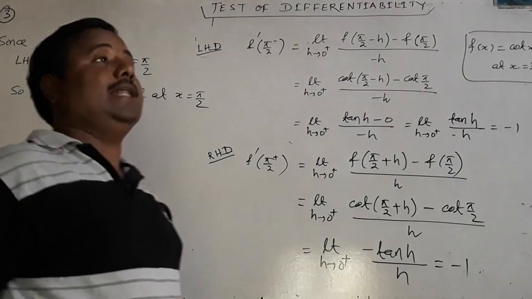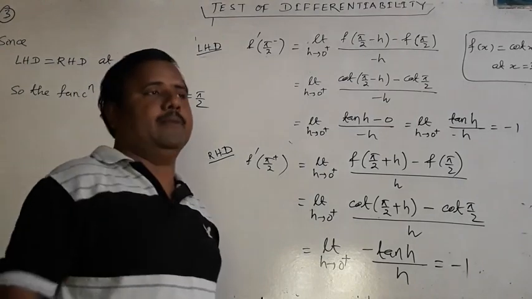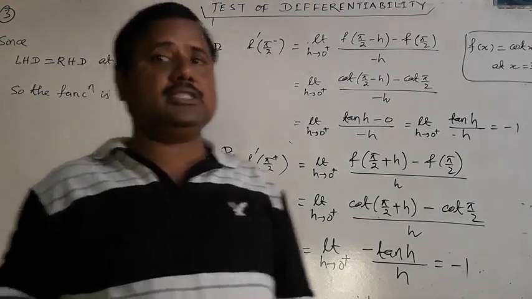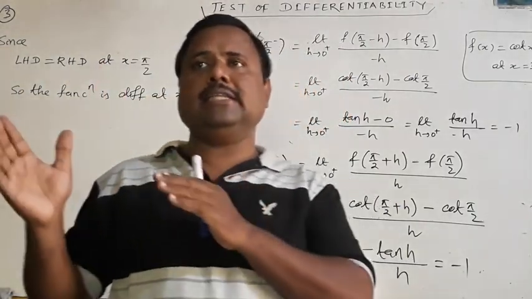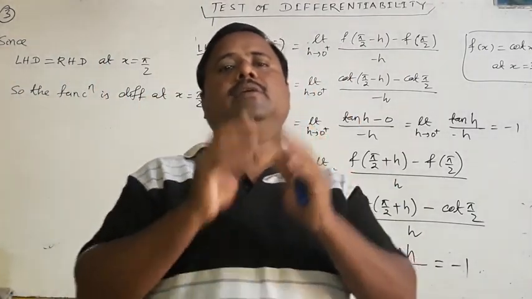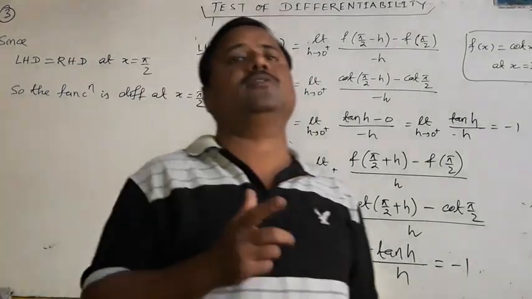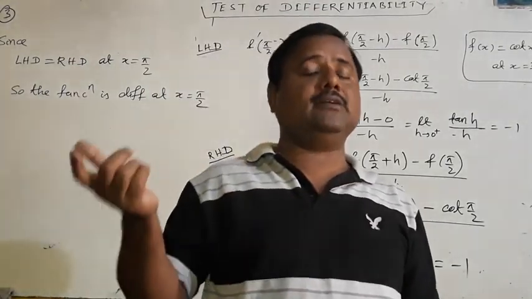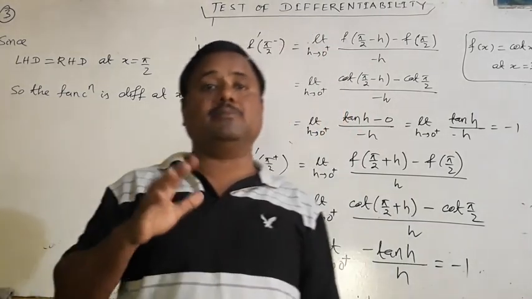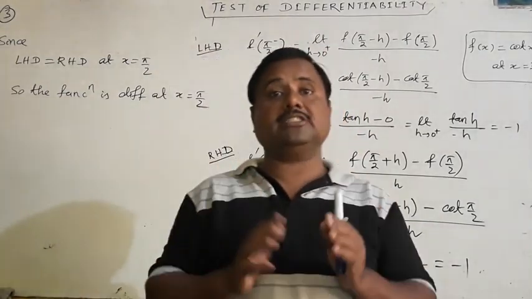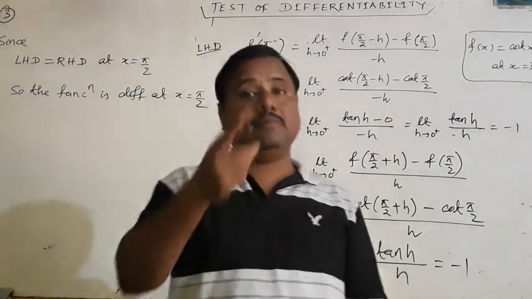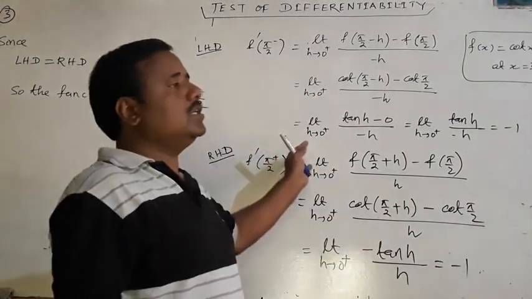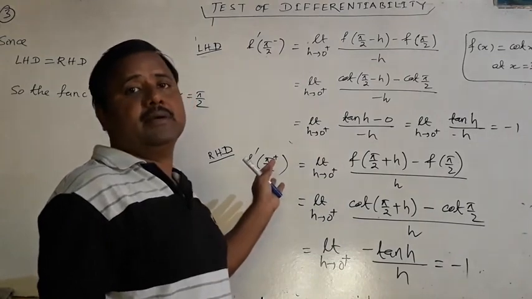Now you can ask me, sir, which problem I will do by this method and which problem I will do directly by the derivative method. Look at me. In conditional functions, suppose |x| is a condition: for x less than 0, f(x) is equal to −x, and for x greater than 0, f(x) is equal to x. So there are conditions there. At that time, if you differentiate, it will become easy. But here there are no conditions, so you have to do it directly by this method.